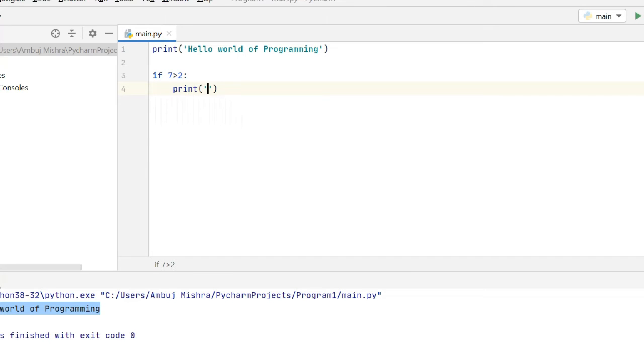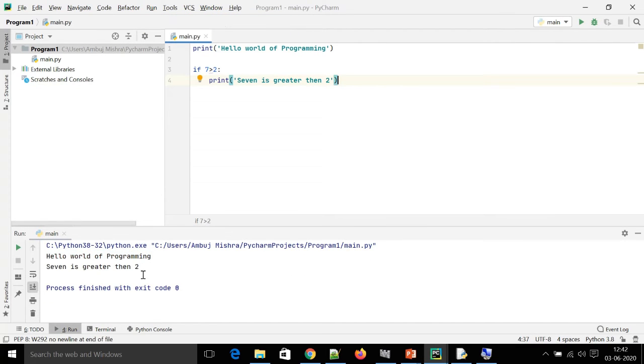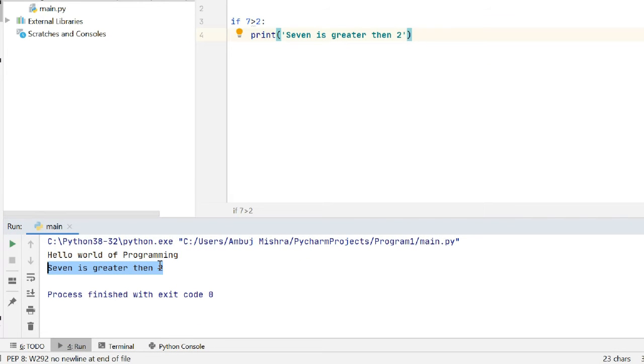Just write it over here. Print 7 is greater than 2. Let's execute this program. Run main. Yes, here is the output: 7 is greater than 2.